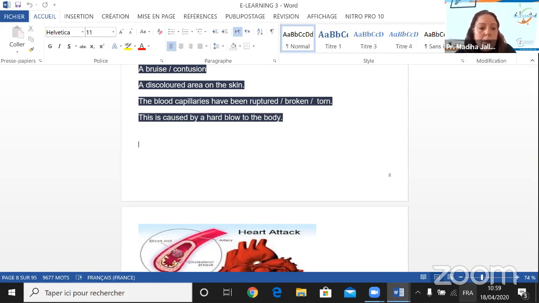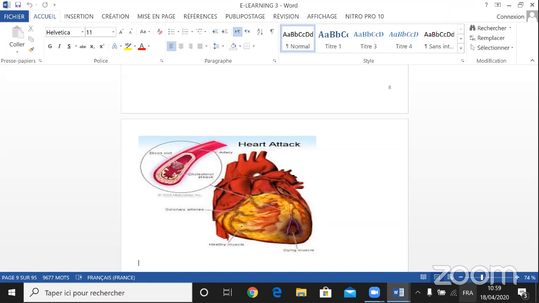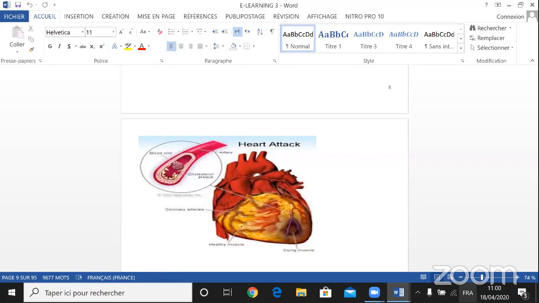Another medical emergency, as you see there, is a heart attack. Okay, let's explain what a heart attack is. What happens when a heart attack occurs? The coronary arteries can tear. Good. They can tear, or they can be blocked. They can be